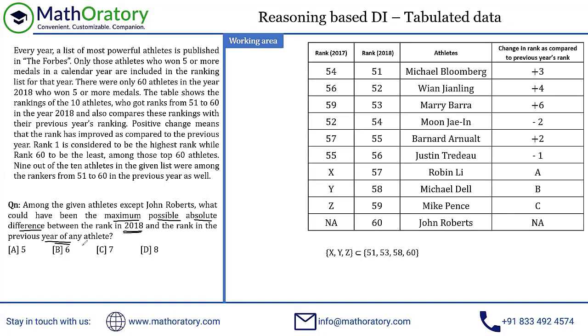So remember, we're looking for the maximum value of mod A plus mod B plus mod C. So that is what we're looking for. So among these, what could be the maximum absolute difference? So absolute difference is basically the mod value, right? So in this case, the absolute difference is 3. Here it is 4, 6, 2, 2, 1, something like that. So we are looking for this ABC, and we already know this.